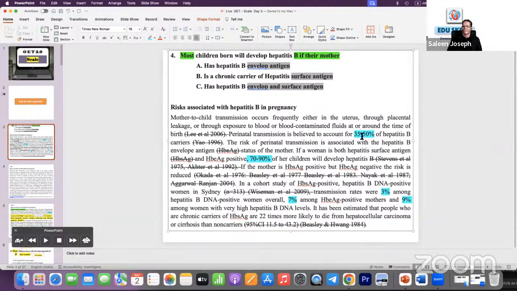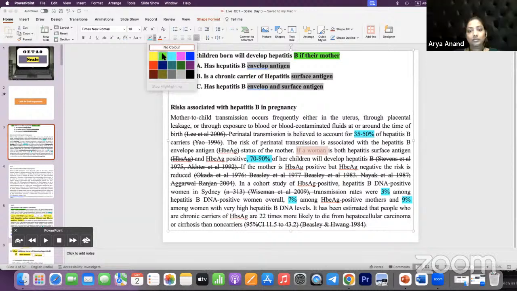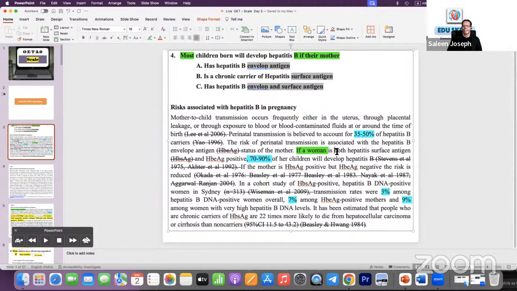Nothing. So which is most here among these? 1, 2, 3, 4, 5. 70 to 90, 70 to 90 most. 70 to 90 of children. See, if a woman, if a mother, here in the question, the term is, if a woman is both synonym of